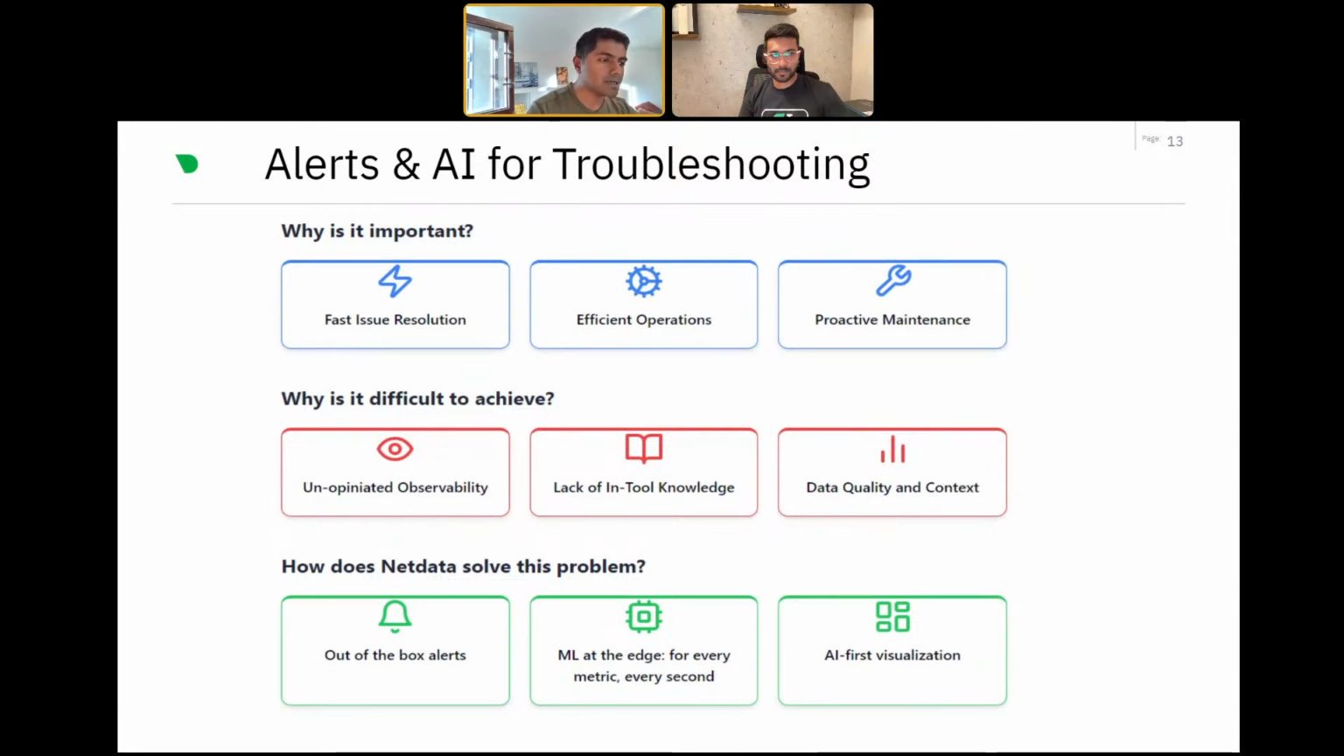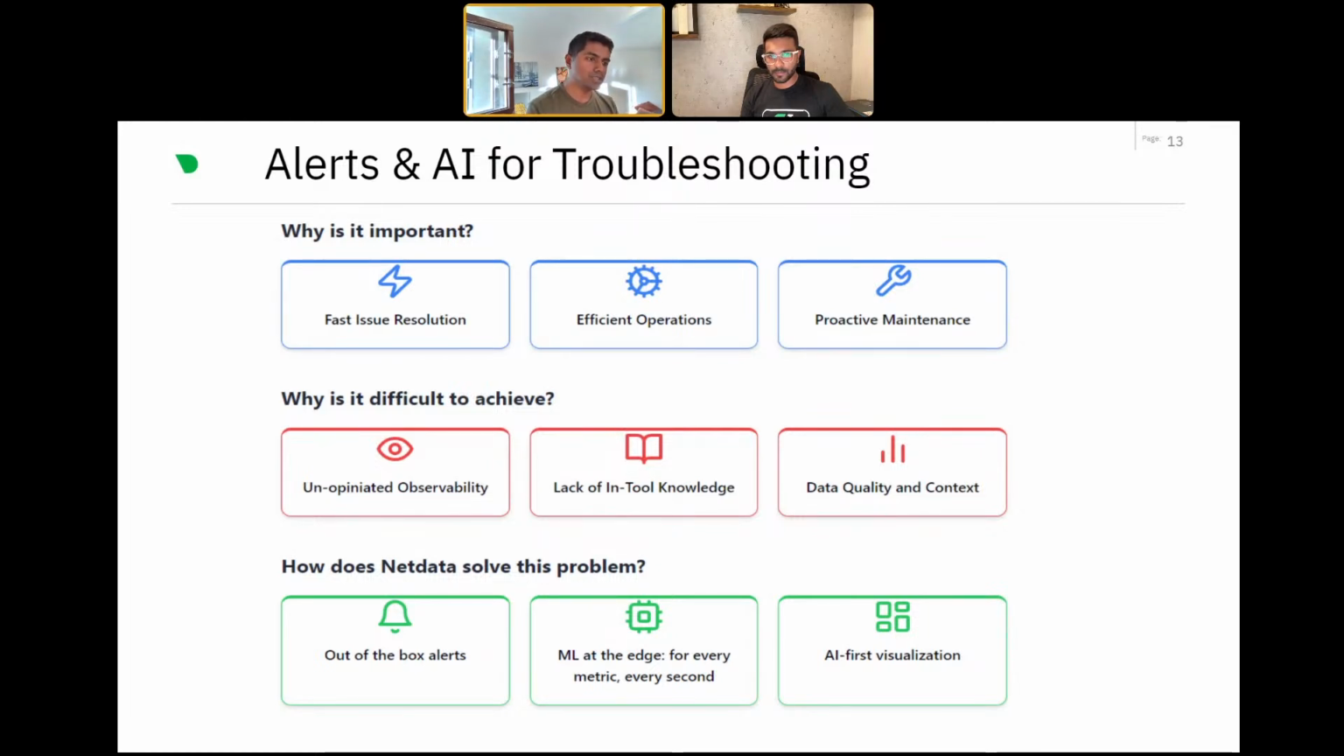And for every single metric that you have, and you can have thousands and thousands of metrics, for each metric, there's up to 18 machine learning models, really tiny ones that are being trained. And this is the default setting. Of course, you can increase it or decrease it as you wish. But what these